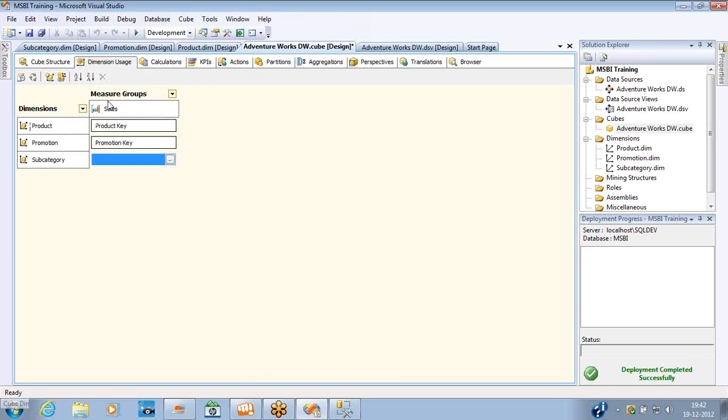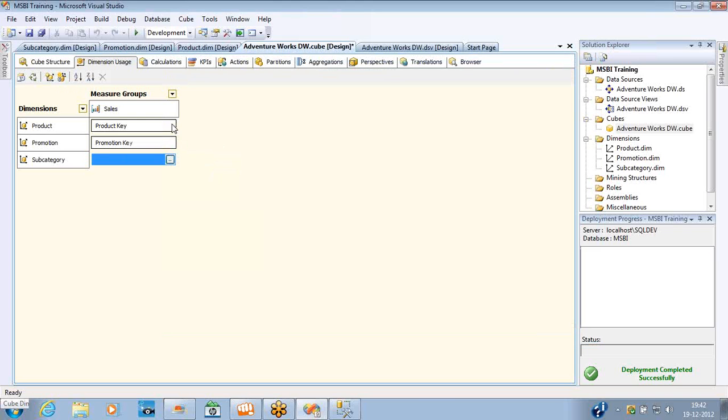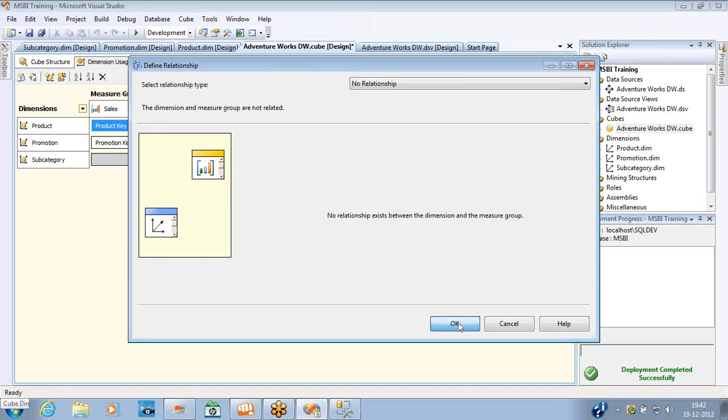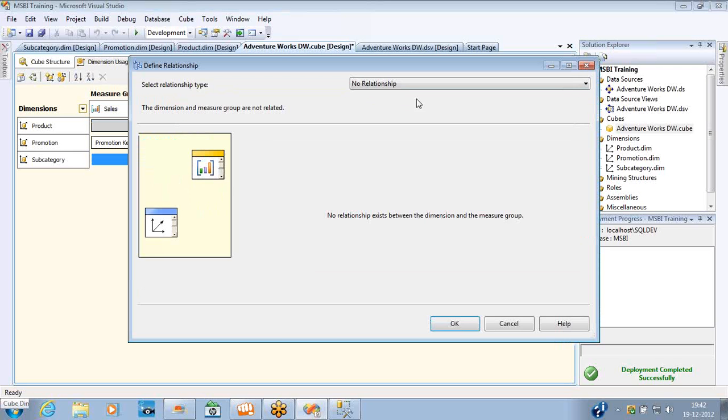How is this one related to the sales table? This one is related to the sales measure group through the product table, right? Now there are some criteria you have to keep in mind before giving this relationship. The first and foremost one is that the intermediate table, the table with the dimension which acts as an intermediate one, should be related. For example, if I've given no relationship here, and if I give reference relationship here,